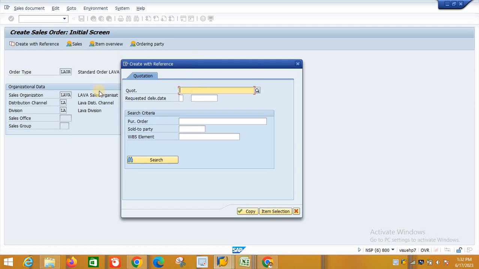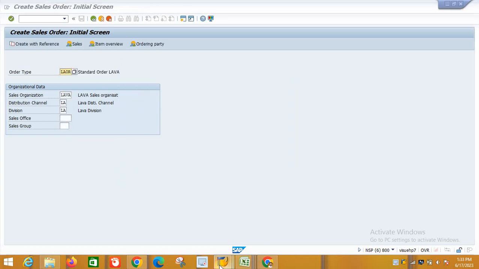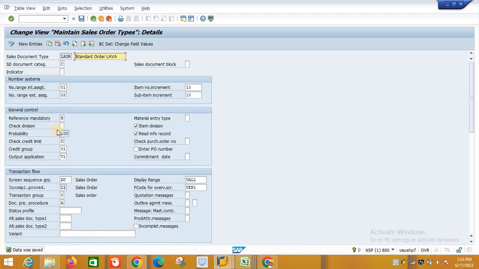Earlier we did not get this screen, because at that time in the sales document the quotation was not mandatory. So the purpose of this field is that if we need any reference mandatory for any document, sometimes the user may forward that, I mean skip creating the quotation and directly create the sales order.